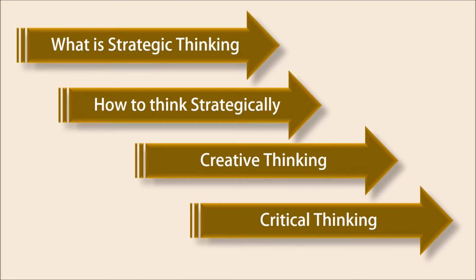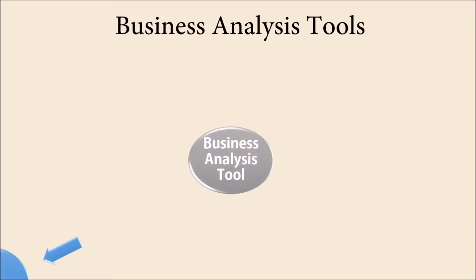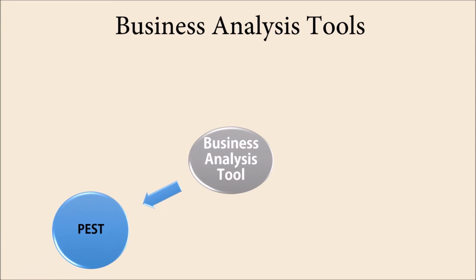Now, today we shall be talking on the various business analysis tools that can be used in the strategic thinking process. Here they are. The first one is PEST, which contributes to political, economical, social, and technological factors. This is a structured approach of analyzing the external macro environment that affects the organization. Many of these external factors are usually beyond the organization's control. But while you are deciding on any idea or making any decision, it is important to consider these factors.